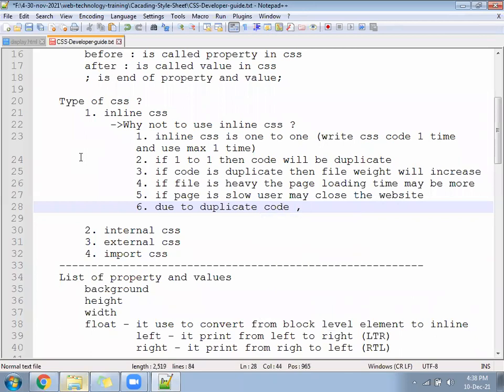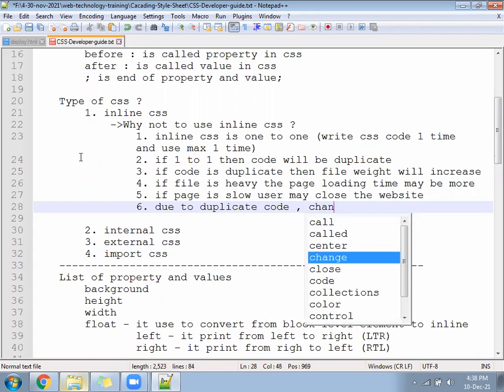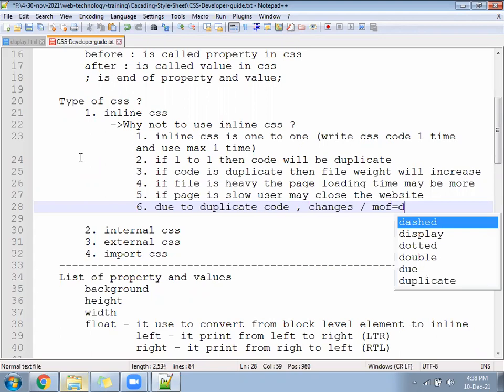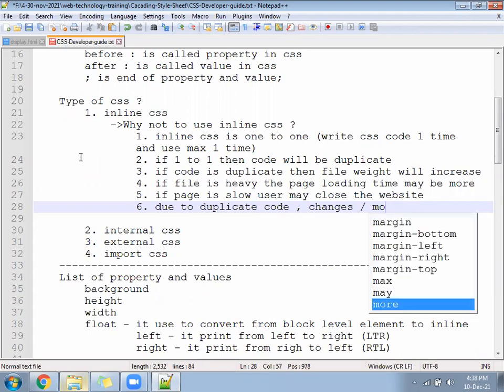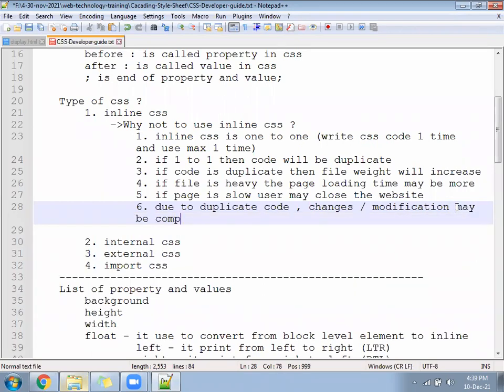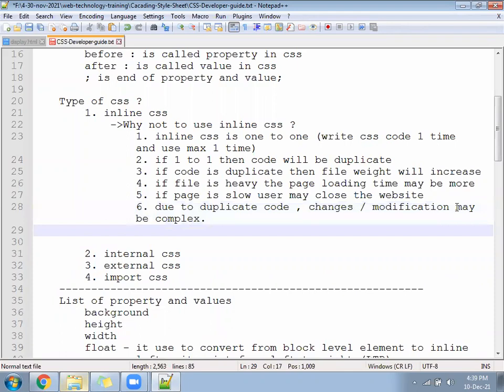Due to duplicate code, changes, modification may be complex.